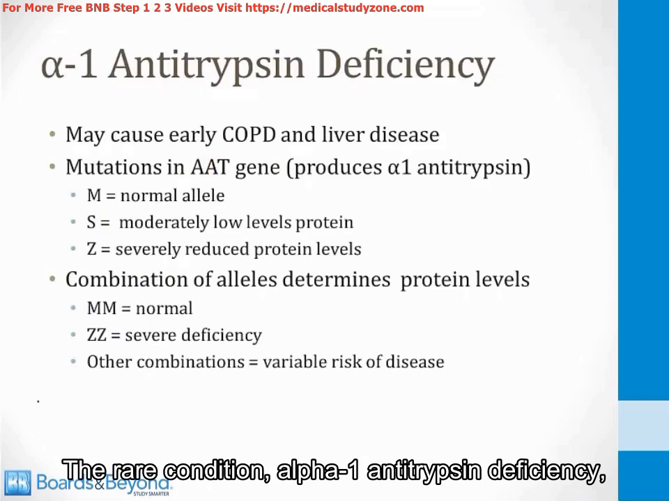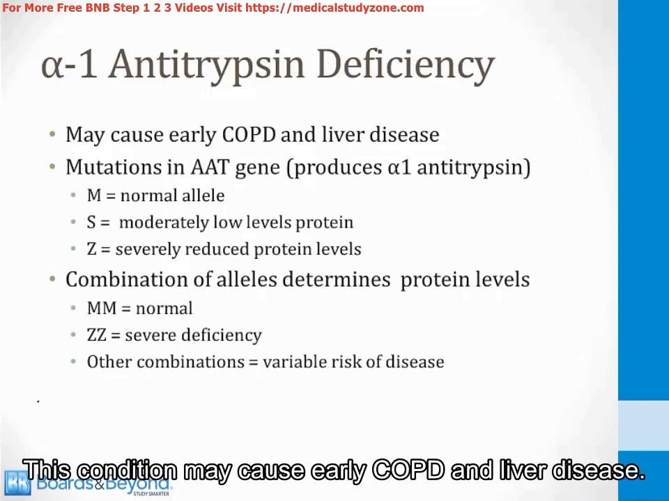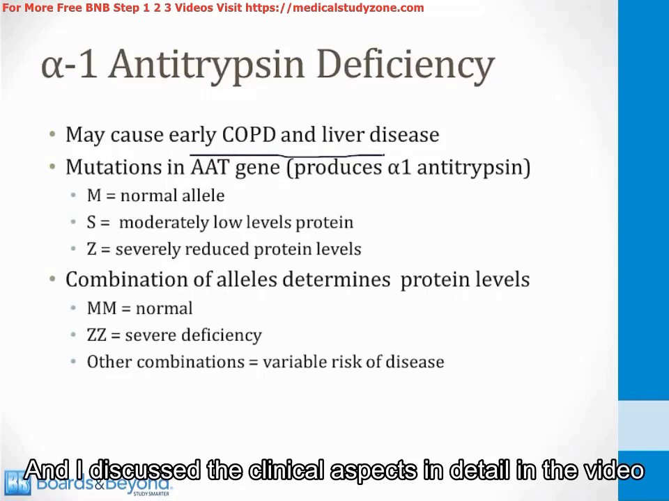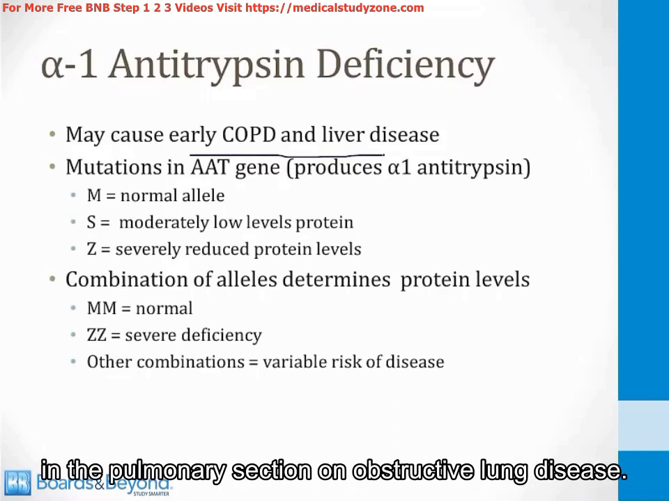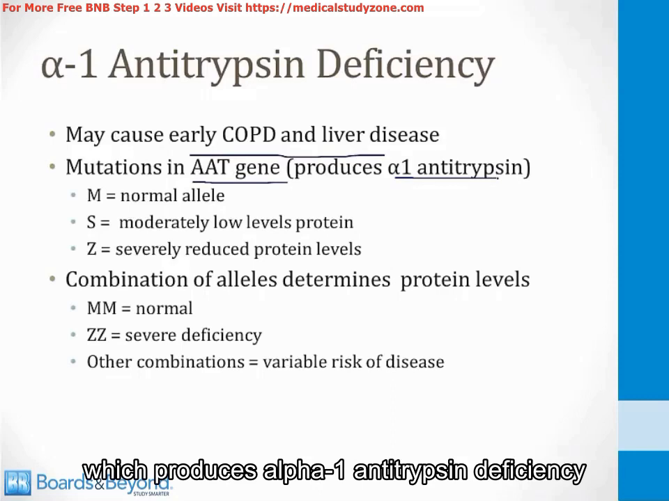The rare condition alpha-1 antitrypsin deficiency also displays codominance, and this is often tested on Step 1. This condition may cause early COPD and liver disease, and I discussed the clinical aspects in detail in the video in the pulmonary section on obstructive lung disease. But for our purposes here, just know that mutations in the AAT gene, which produces alpha-1 antitrypsin deficiency, lead to